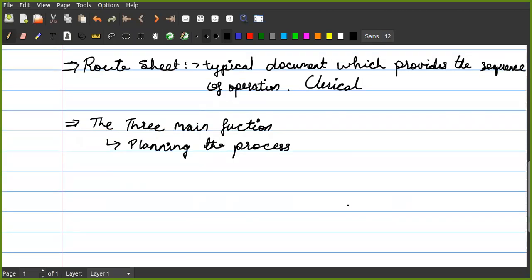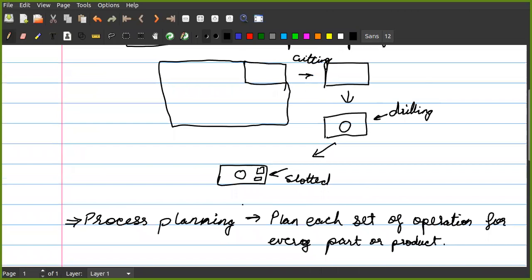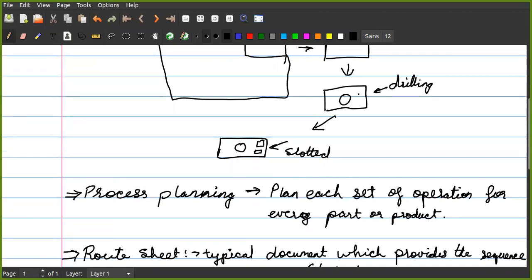For example, if there is a set of sequence of operations that you need to process, you need to decide which process is to be done first. In our earlier case, you may have done the slotting first, then gone for drilling. You need to plan whether drilling is appropriate first or whether slotting is appropriate first.